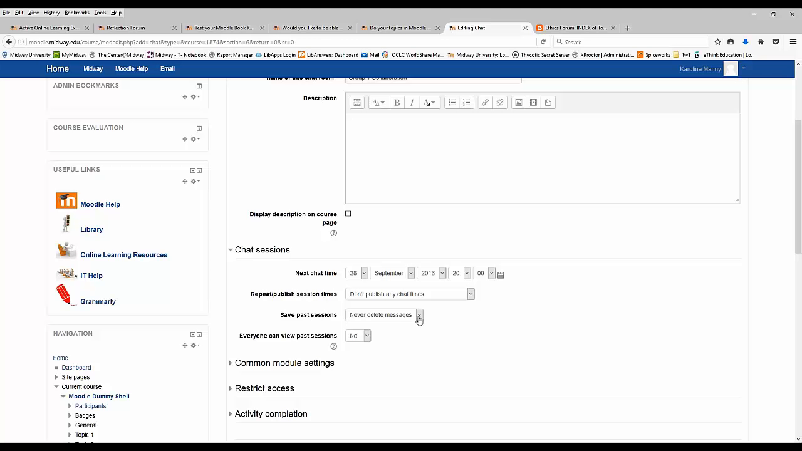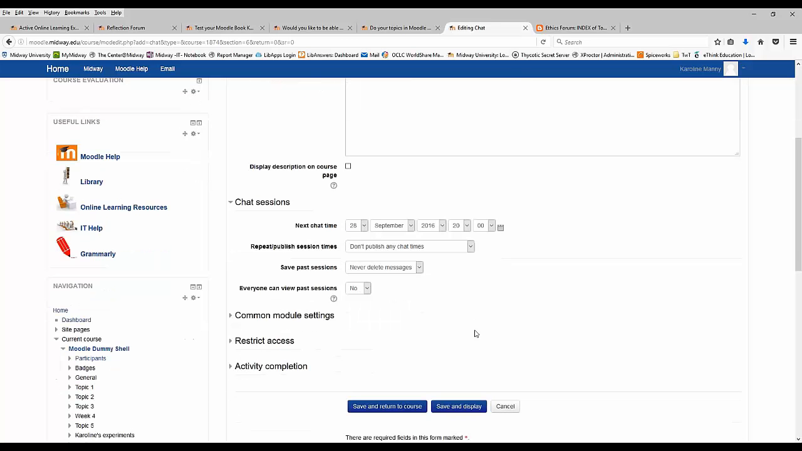I can delete the messages, the logs after so many days if I want to, or I can never delete them. And I can set it so that everybody can or can't see past sessions. It just depends on what you want to use them for. And then when I click Save and Display,